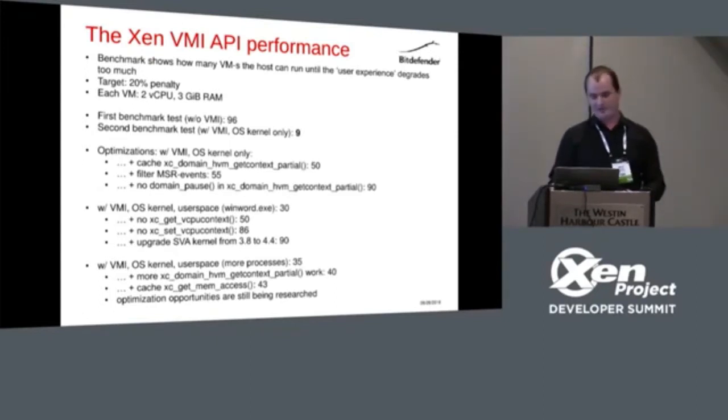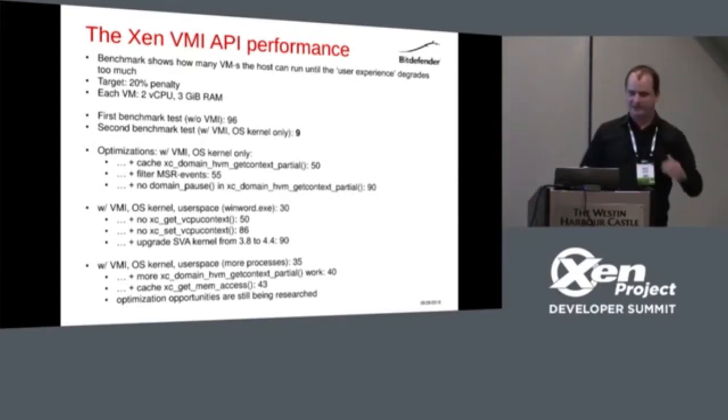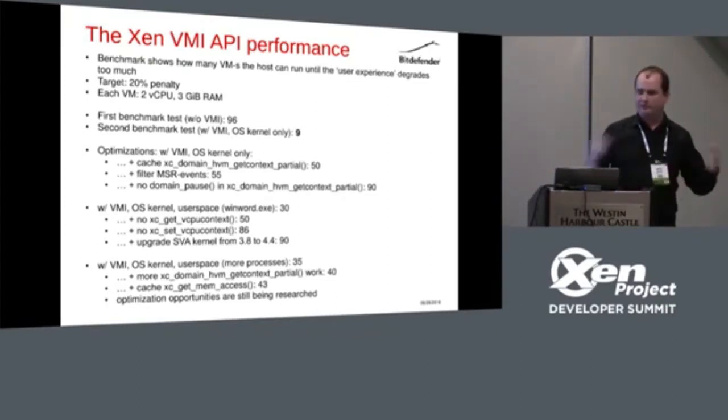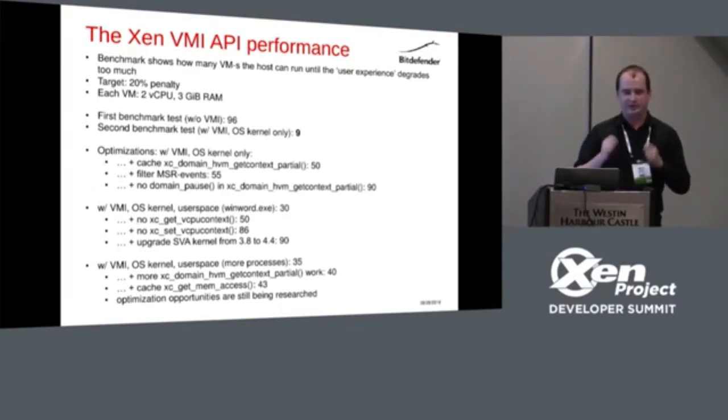And the last one, which some of my colleagues are working on, and I don't really have the numbers yet, is a version of setmem access that works in batch mode. So right now, say an application starts, the introspection engine says, okay, let me protect all the pages that make up the code area. So it'll be like 100 pages, 1,000, and for each and every one of them, you'll do a hypercall to change the permission for this one, and each such hypercall takes a lock,